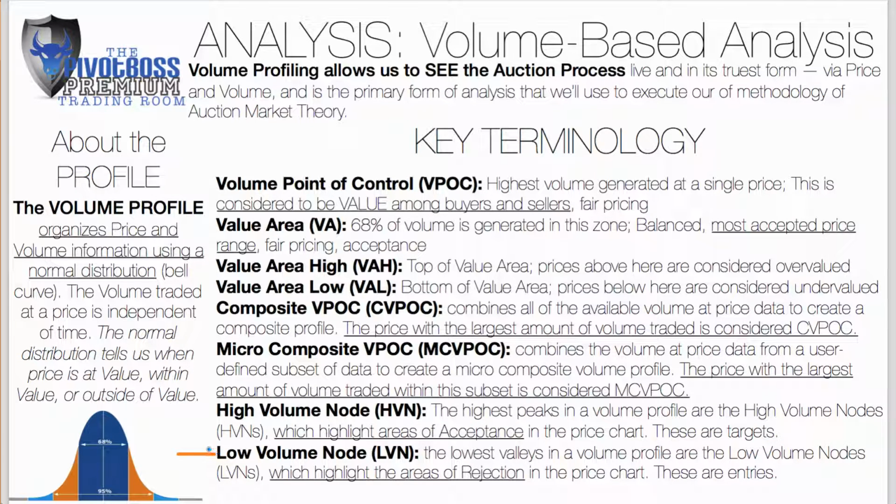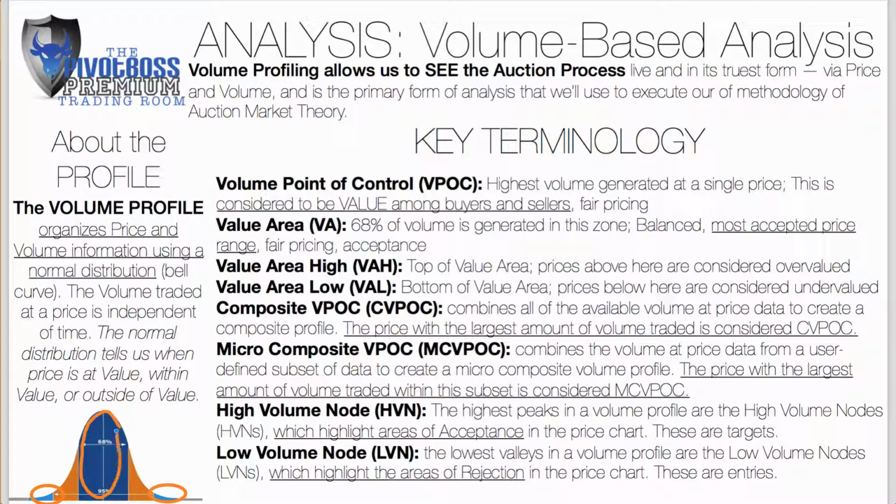Meanwhile, you have the low volume nodes, LVN. The lowest valleys in a volume profile are the low volume nodes, LVNs, which highlight the areas of rejection in the price chart. These are your entries. A low volume node would be something that's out here, basically anything that's an outlier outside